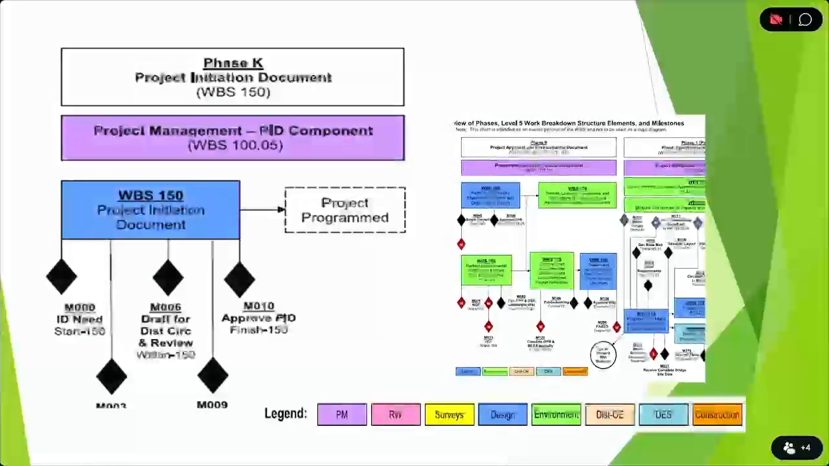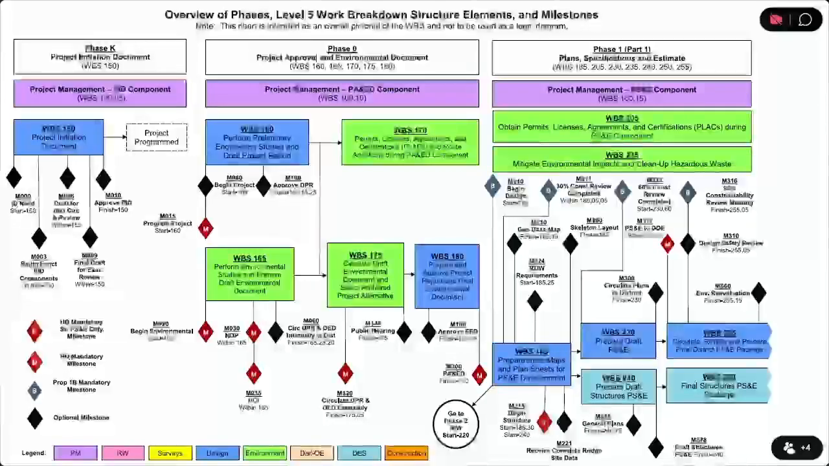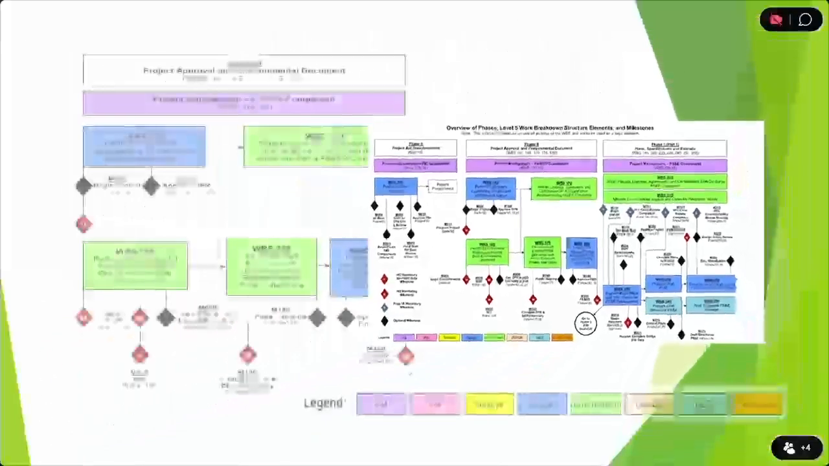Right, KFS has 2 tasks and maybe 4 different milestones: 0, 3, 6, 9, and 10. And as you make progress on task 150, you would achieve those milestones. Once the project PD is complete, you program the project. I'm going to go quickly on this. We have only 15 minutes, so